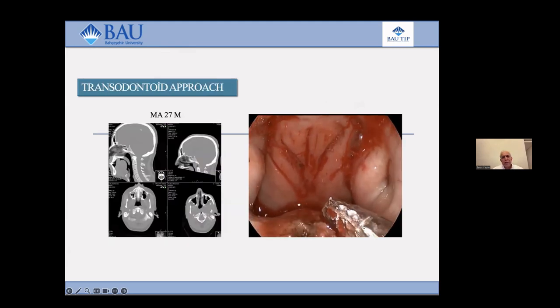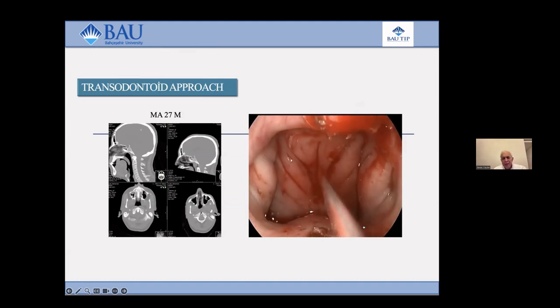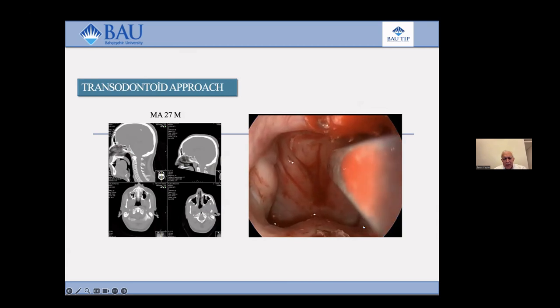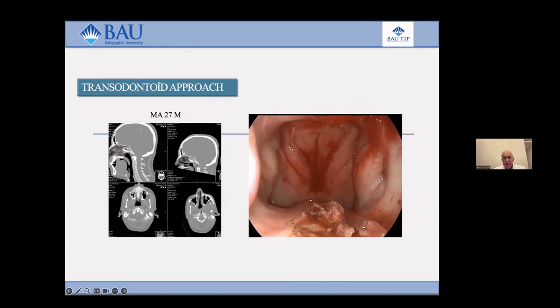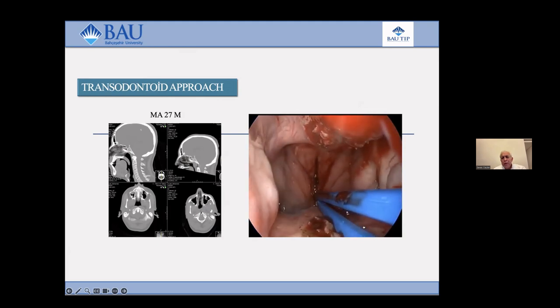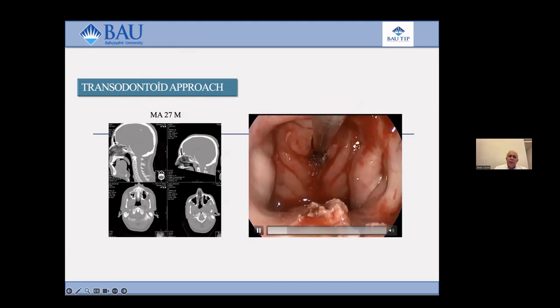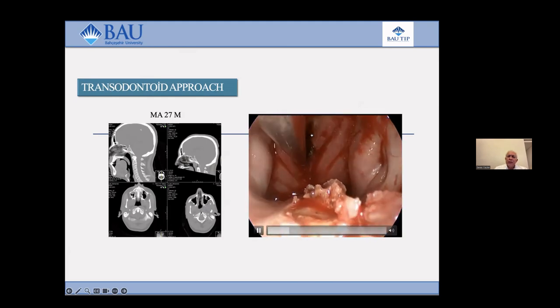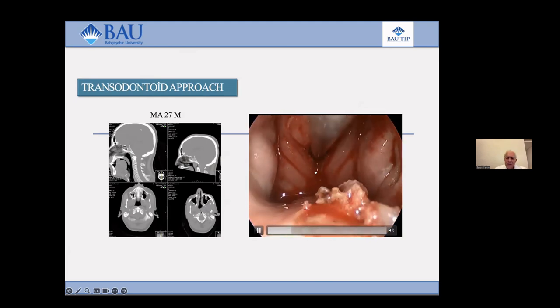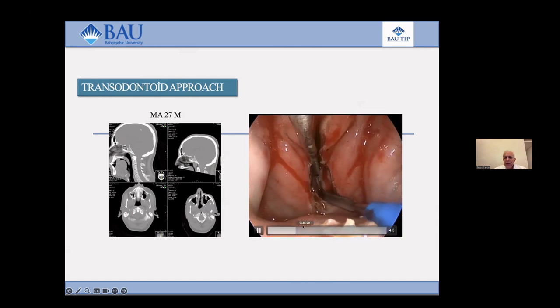In the last case, for basilar impression and other congenital pathologies, you can prefer the transodontoid approach. The endoscopic transodontoid approach is a very easy approach. We routinely used a vertical incision, and we opened the buccopharyngeal fascia, and then we dissected